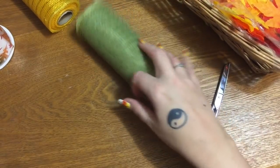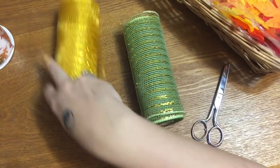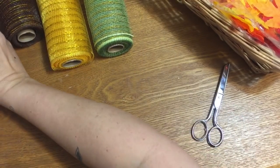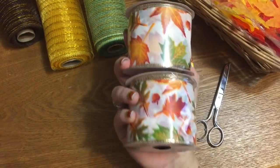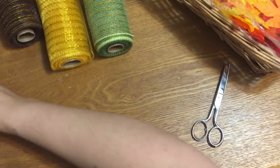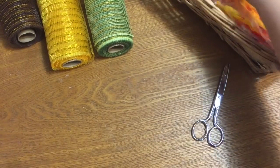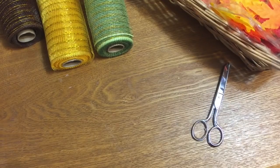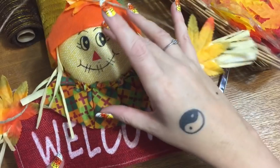You're going to need 6 rolls total of the mesh. I have 2 rolls of green, 2 rolls of gold, and 2 rolls of brown. You're going to need 3 spools of whatever ribbon you want to use. I like this leaf print to reflect the leaves on this little guy here. I have 3 rolls of this, 1 roll of this orange sparkly ribbon, and some of these little artificial leaves. I have a bunch of artificial flowers, some little foam pumpkins, little foam scarecrow heads, all from